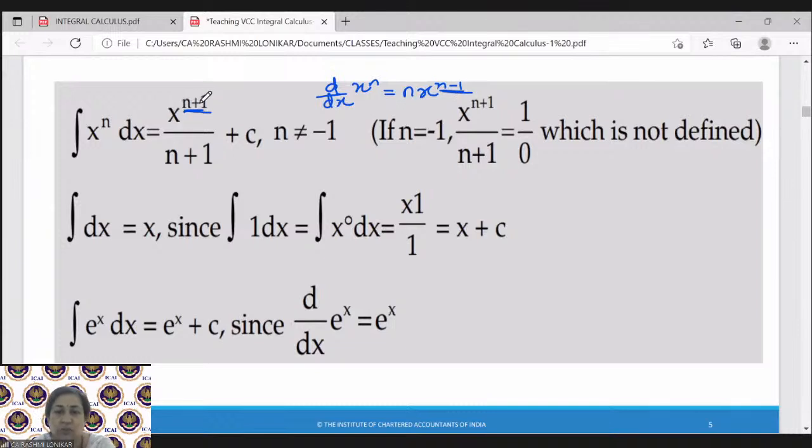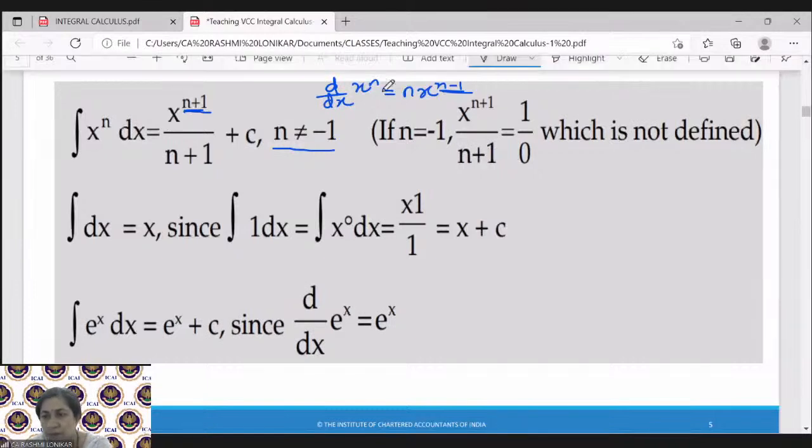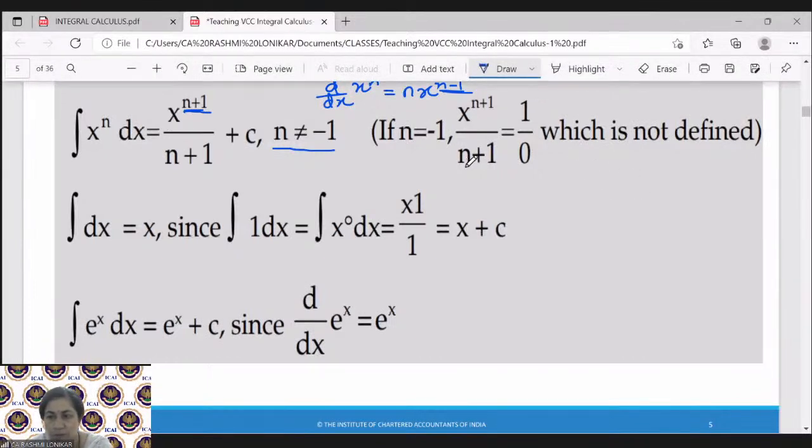Here we have x raised to n plus 1 upon n plus 1. But in this formula, remember that n can never be equal to minus 1, because if n is equal to minus 1, what will happen in the denominator? We will have the condition 1 upon 0, because minus 1 plus 1 will become 0, and 1 upon 0 is infinite, or which is not defined. So that is why here in this formula, you always remember that n can never be equal to minus